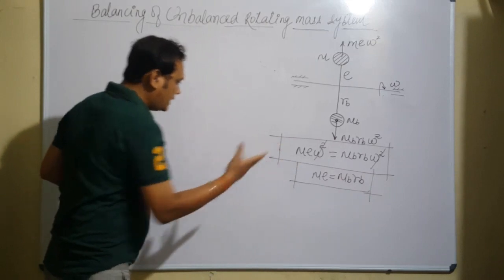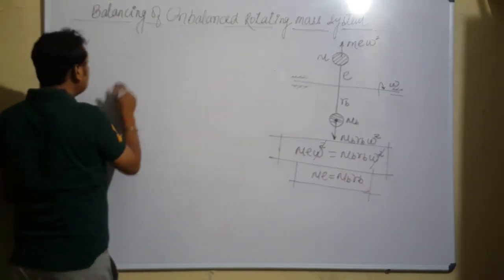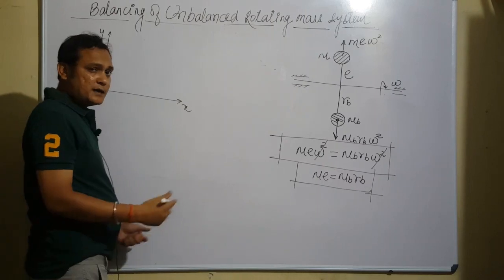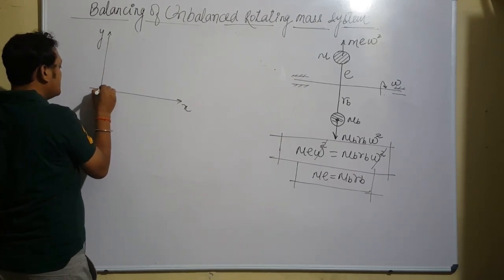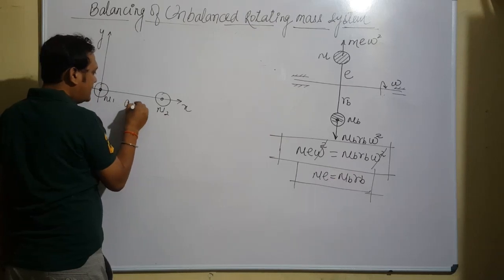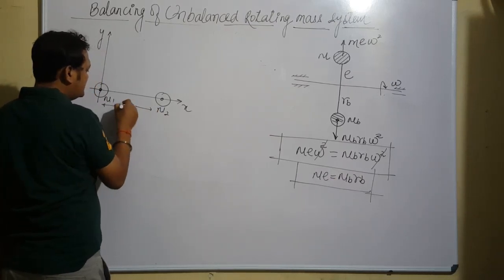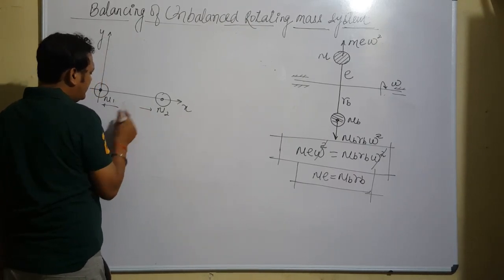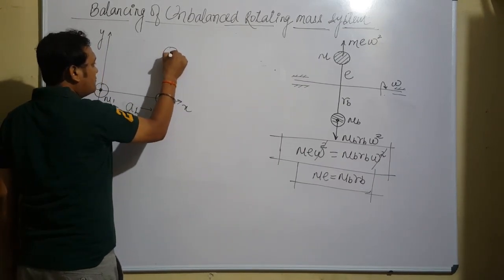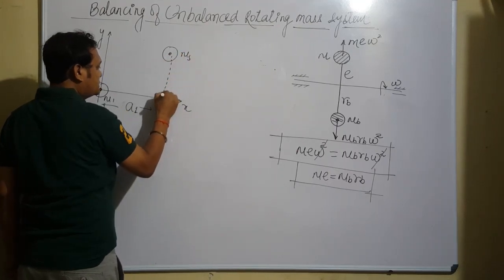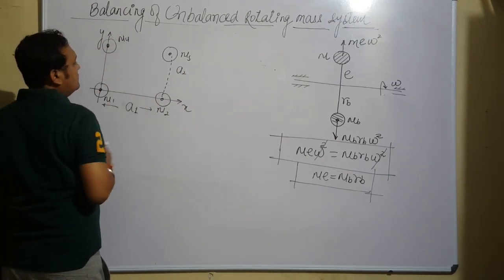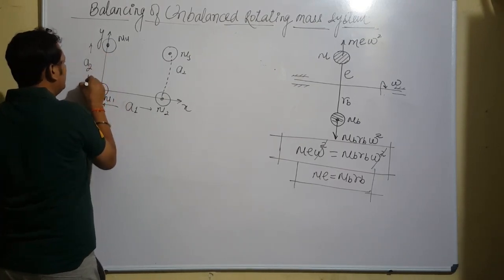थोड़ा रिवाइज कर लेते हैं and then we explain this expression. Suppose if I take an x-axis and y-axis and just imagine I place 4 masses, one at origin, m1, one here, m2 at a distance a1, another mass here, m3 at a distance a2, and here m4 at a distance a2 only. Don't complicate it unnecessarily.